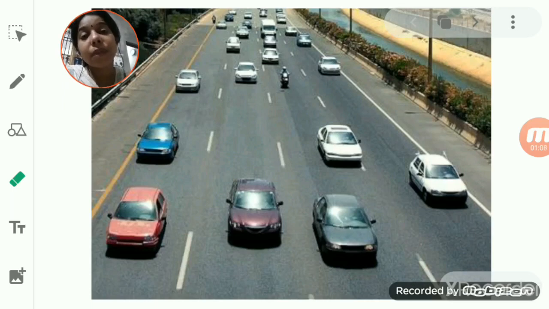last periodic motion. Periodic motion is that motion in which an object repeats itself at a fixed interval of time. That kind of motion is periodic motion. For example, swinging of a pendulum is the best example. It includes to and fro motion, and such kind of motion is periodic motion.